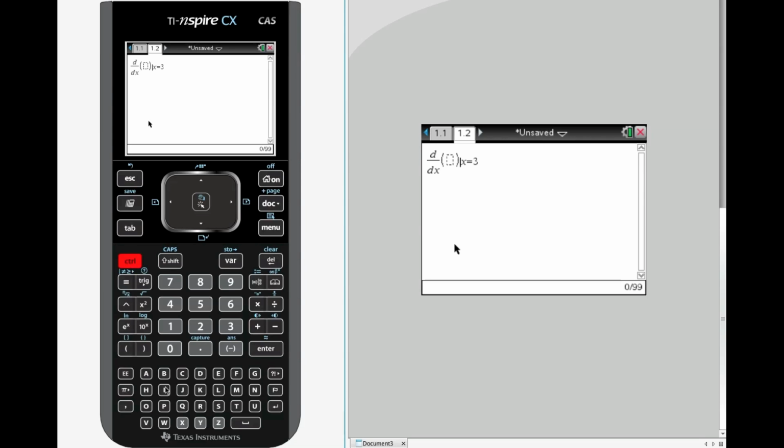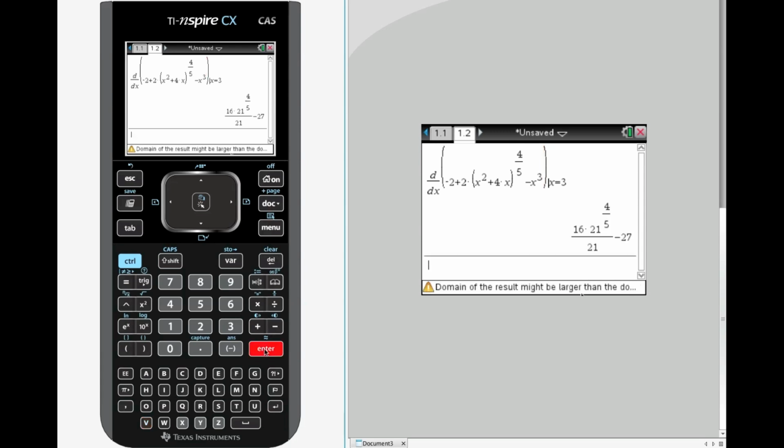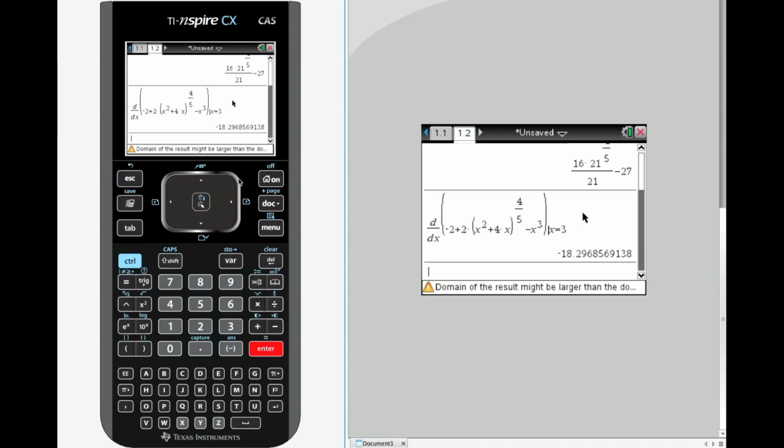So now I can do Control V so I don't have to type it out and make this video any longer. There's the velocity function, and we're going to find the derivative of that, which would be the acceleration at time equals 3. And we got an exact value answer, so we can hit Control Enter to get the approximate answer. And there's the negative